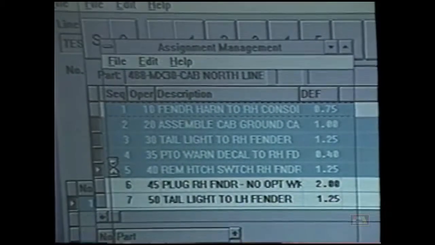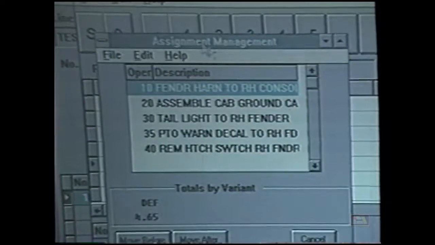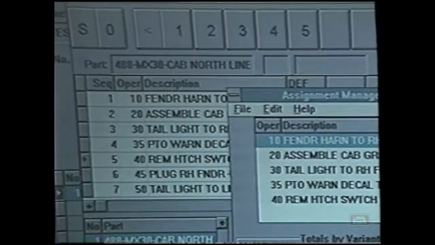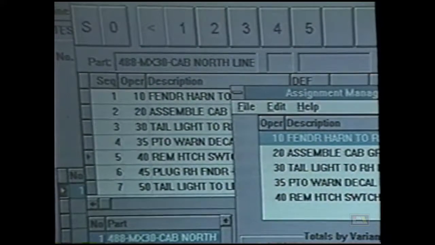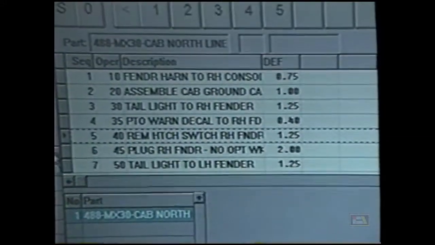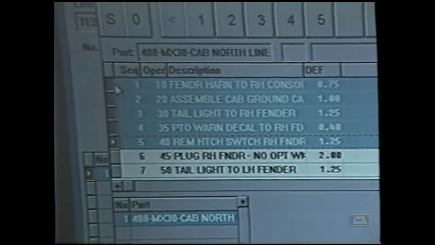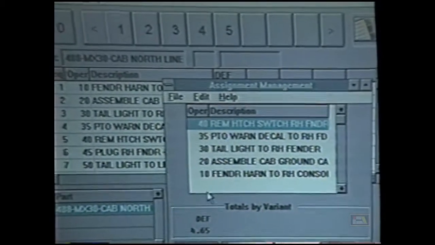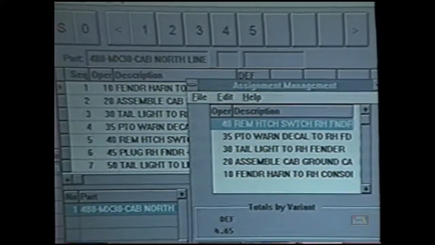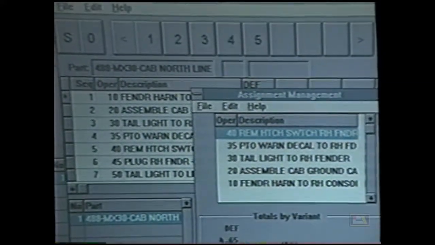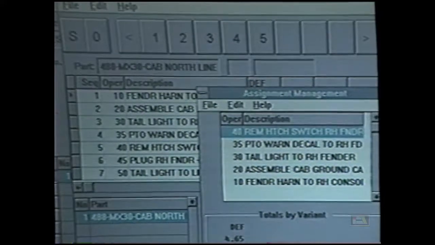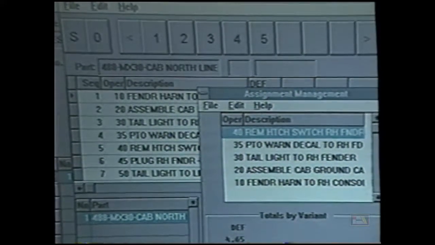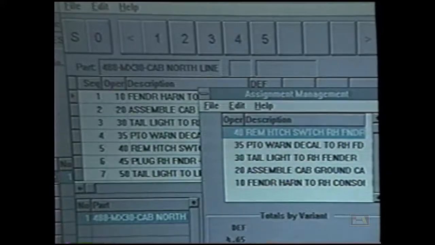And when you do that, this little assignment management window pops up that I'm going to move out of the way. That tells me I've selected 4.65 minutes worth of work. I'm going to cancel that. I can also click and drag backwards, and you'll notice now that the operations come in 40, 35, 30, 20, and 10, still 4.65 minutes worth of work, where if you're a process engineer, you understand that operation numbers do not necessarily drive sequence. And within the line balance system, I can move these operations around in any order that